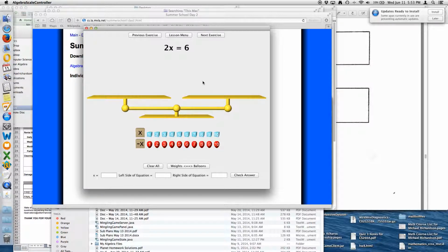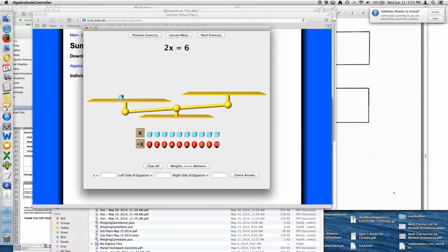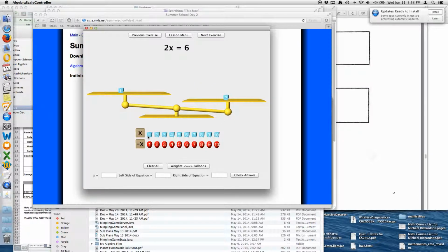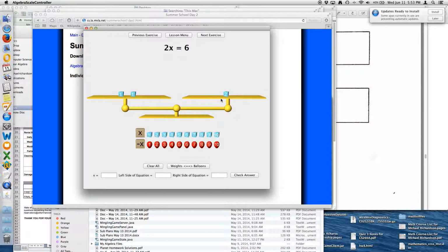Here's a small introduction to Algebra Scale before we solve any problems. These blue blocks are weights. The number represents how many pounds each block weighs. If I put a 1 pound weight on the left side of the scale, then it will weigh it down. If I put a 2 pound weight over here, now the right side is heavier. If I put another 1 pound weight on the left side, they'll be equal in weight, and so they'll be